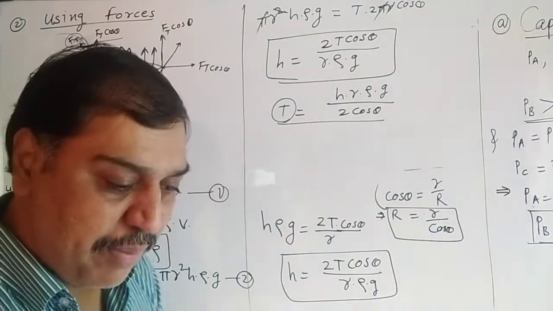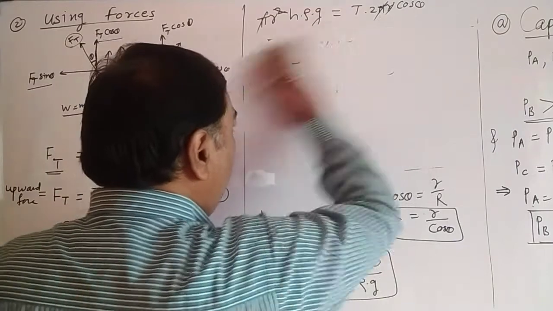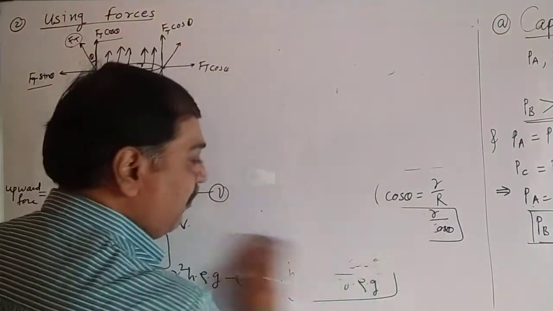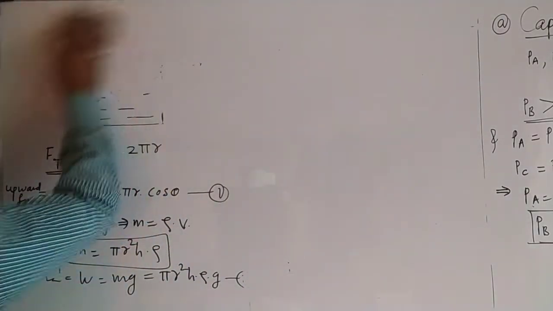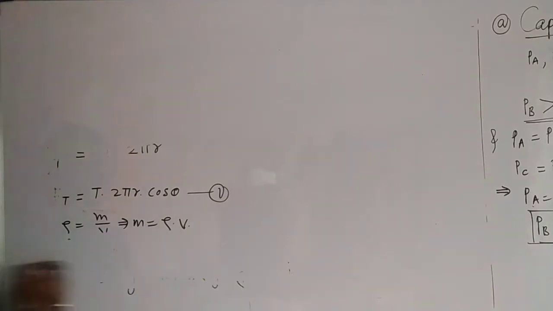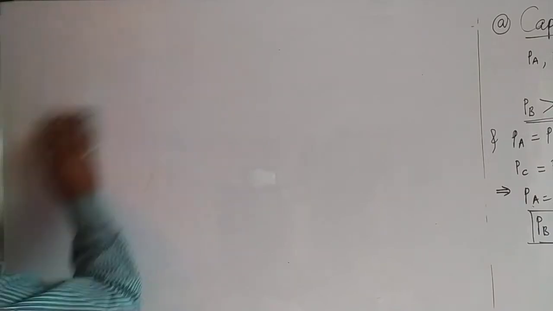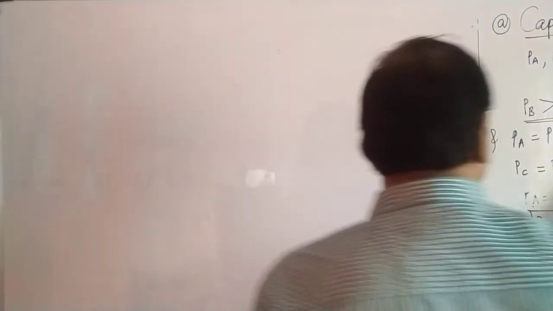Now let's go to the next topic of our syllabus, that is fluids in motion. If you remember, when we started the chapter, at that time we saw some characteristics and properties of an ideal fluid. The branch of physics which deals with fluid at rest is said to be hydrostatics. The other branch of physics which deals with the study of fluids in motion is said to be hydrodynamics. Remember, whenever the word dynamics comes, there should be motion, and whenever static comes, there should not be motion; it is constant.